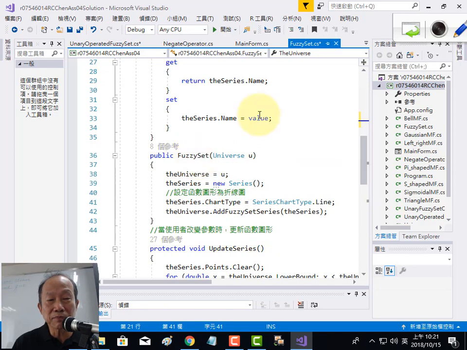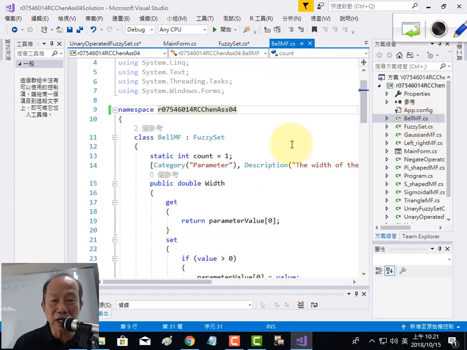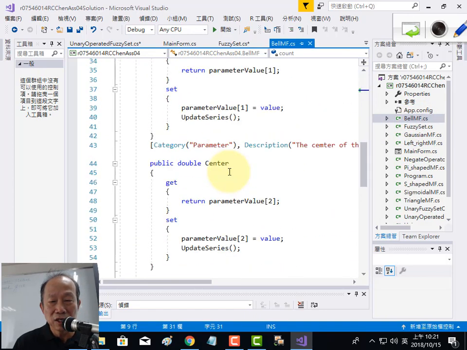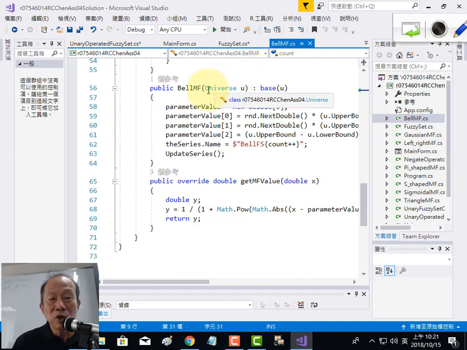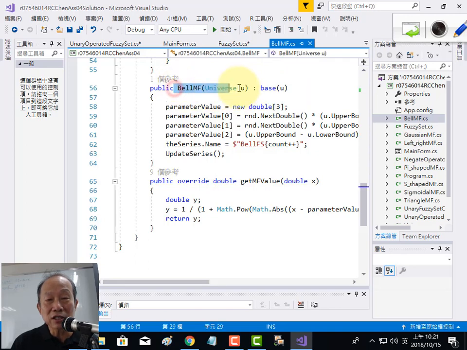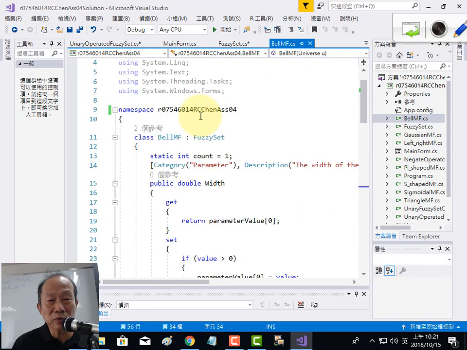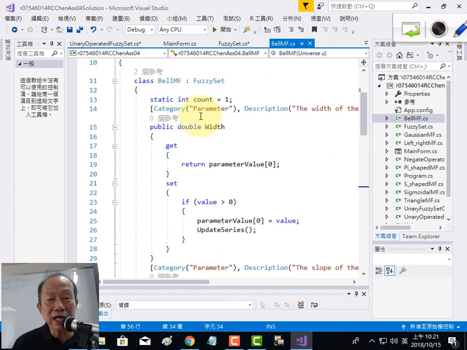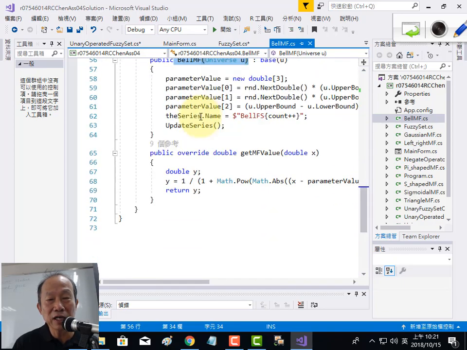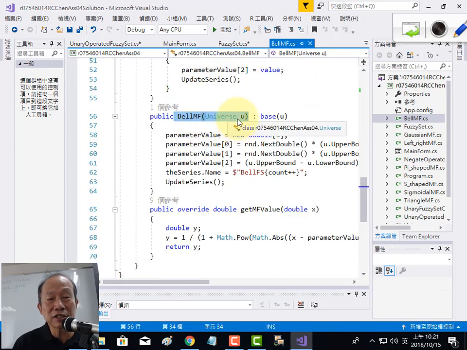So we need the constructor. The constructor needs a universe, right? So your bare membership function, the constructor of your bare membership function, as we can see here, we ask the user to supply an object reference to the universe, right? And then we pass it into the parent. That means this is a constructor for the bare membership function, for the bare fuzzy set. And the bare membership set does not have any data specified, right? So it simply asks the user to supply this universe reference and then passes it to the constructor of